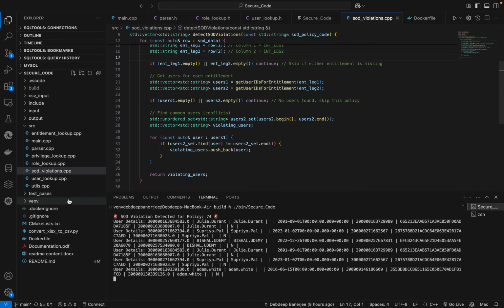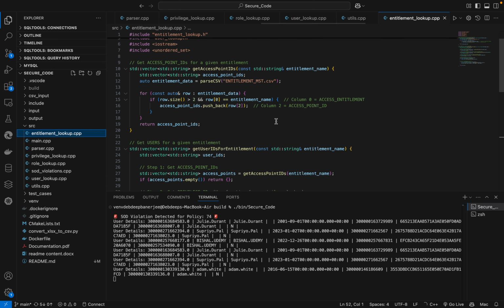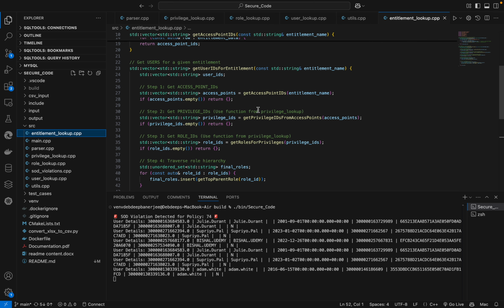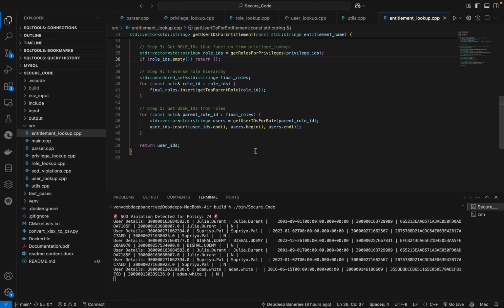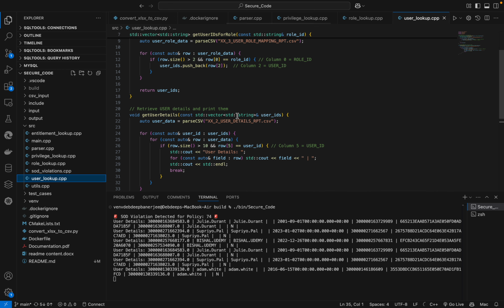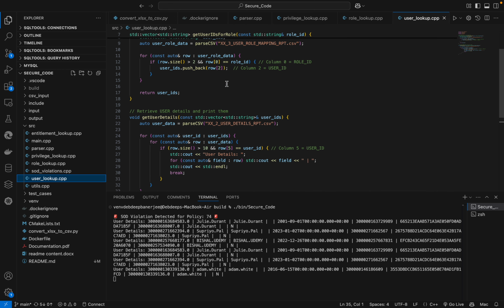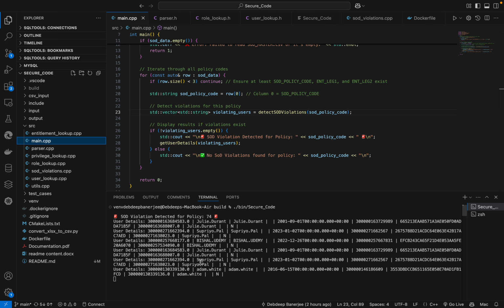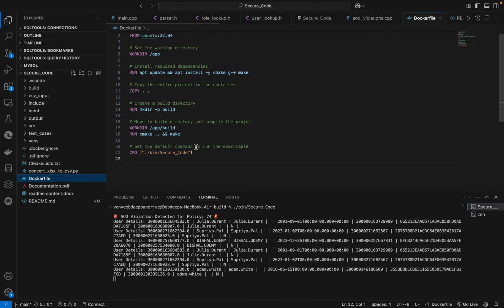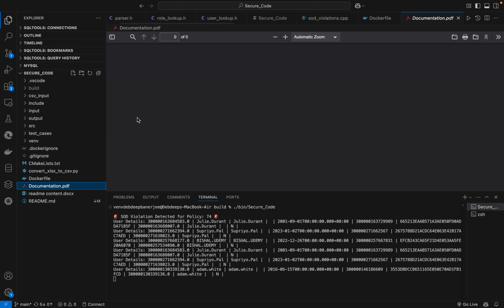Anyways, then from here it will go to entitlement lookup. It will map whatever is necessary from entitlement access points, get access point IDs as I said before, and then we'll finally fetch all of them, and finally we have this role lookup, user lookup, and so on for correctly mapping them. Yeah, and then finally we have this. This is what's actually running. And then we have this Dockerfile. It's a simple one. Then with documentation, definitely